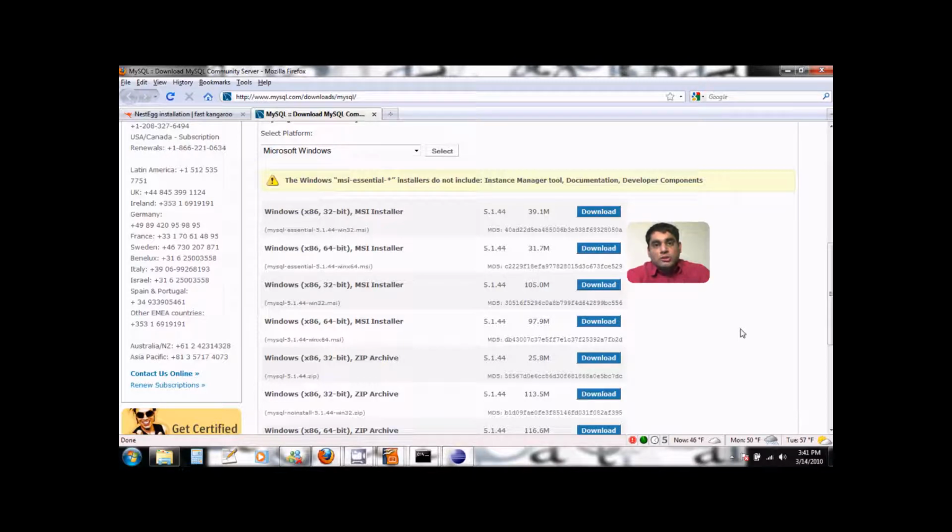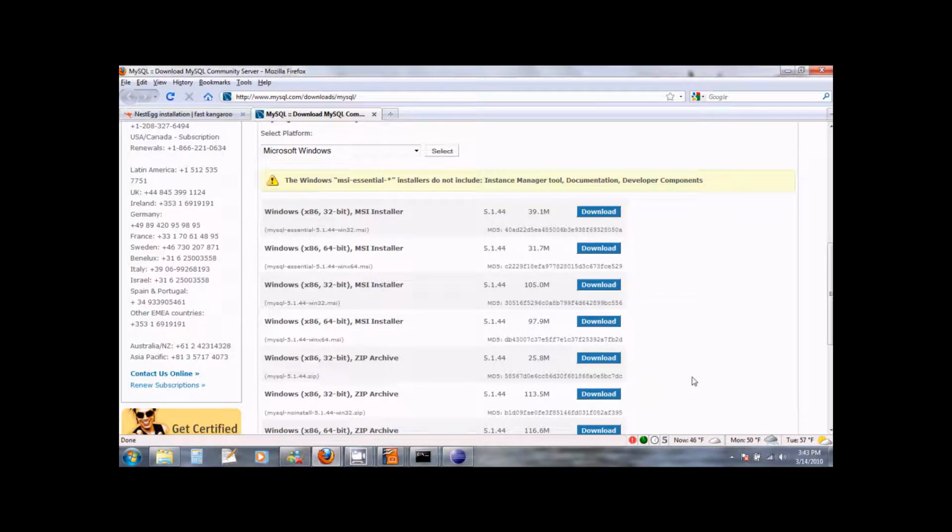You will also be given a choice to set the root password for the MySQL database. We strongly recommend that you set a root password, and also please make sure that you remember the password that you have set, because you will be needing this password to configure MySQL to work with Nest Egg.